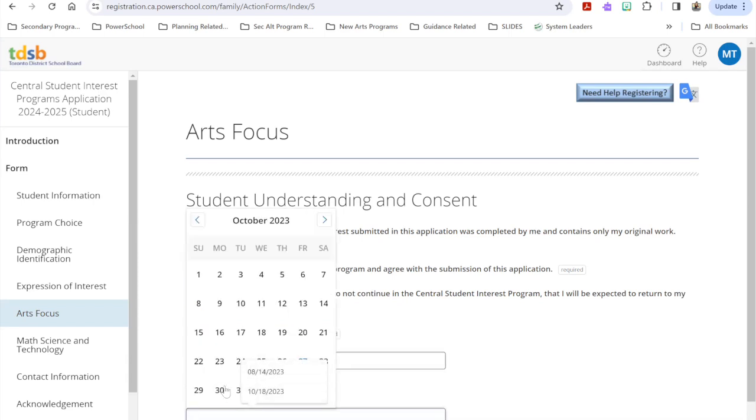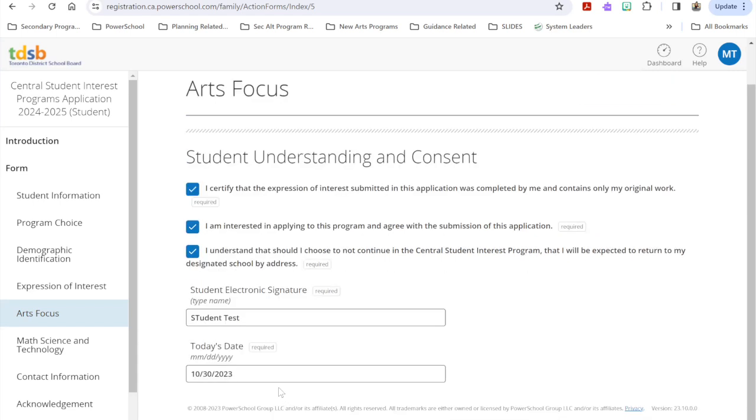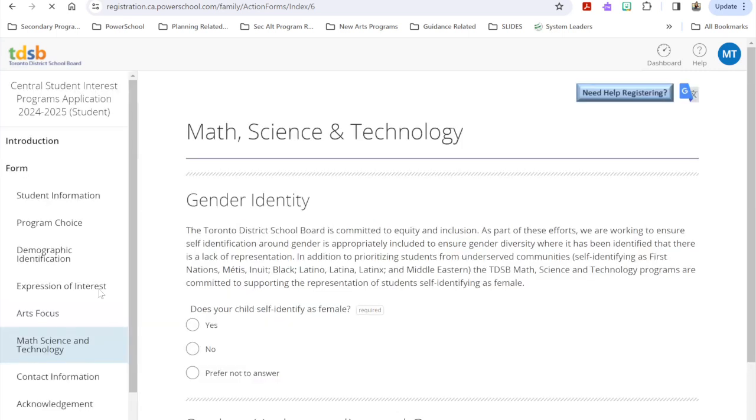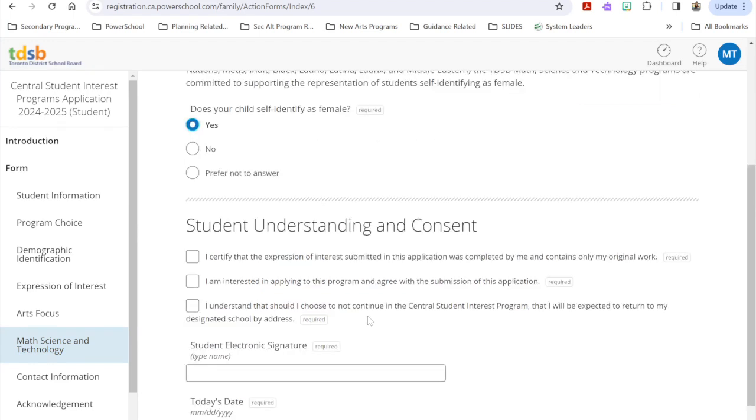And then the student can submit, choose the date, and then we can move on to the math, science, and technology. In our math, science, and technology programs, we have a commitment to assigning 50% of seats to students who identify as female. So again, you do have the choice to not answer, but the identity of your applicant, in this case, the student is a female and identifies as female, and will be considered for those 50% seats